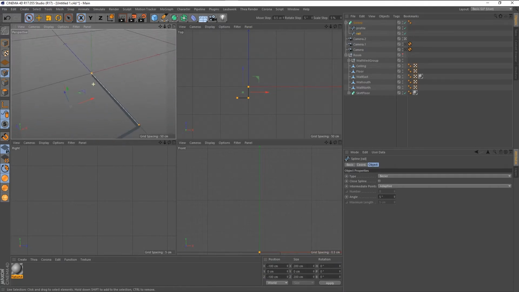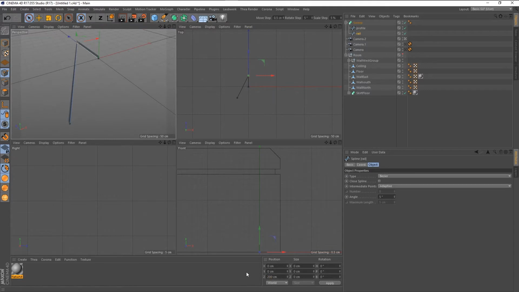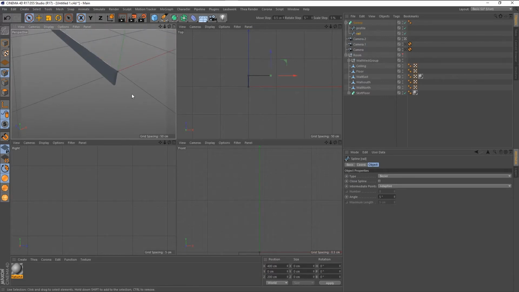A default perspective should be like that. So I made the mistake of drawing the rail in the wrong direction. The rail should be going like that. I want that to be 200. And then this one should be 200, and then positive 400. There we go. It should be going like that. All right, so